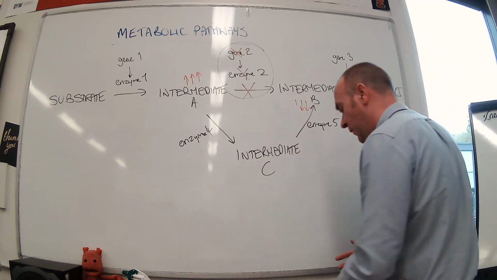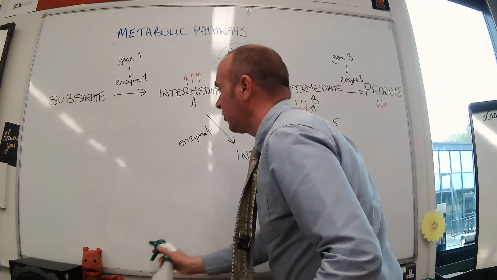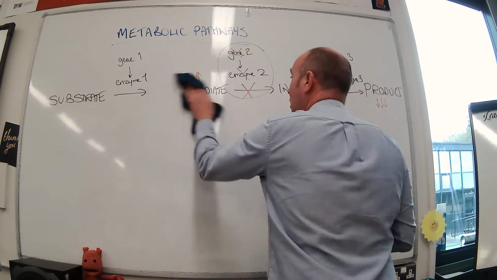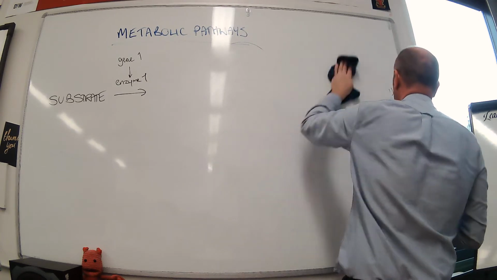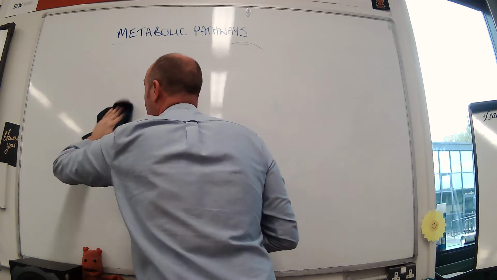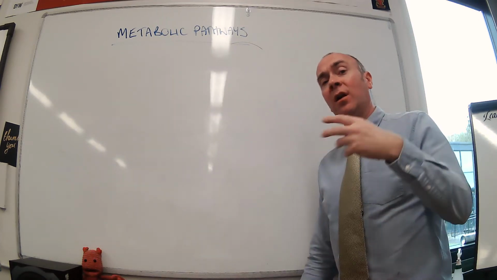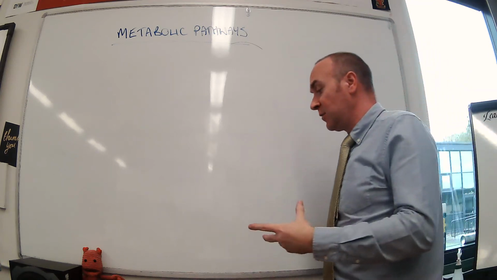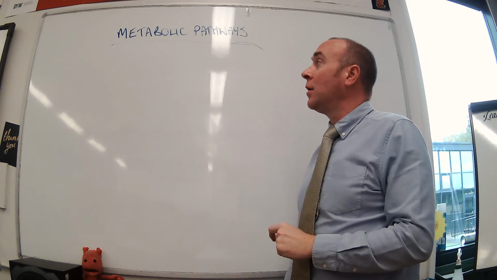Probably time to move on to two new words that you will learn. We understood at National 5 level that enzymes controlled two types of reaction. One of them we called synthesis, which involved the build-up of small substrates to large products. Another one was called degradation, where large substrates were broken down into small products. Now that wasn't not true, but there